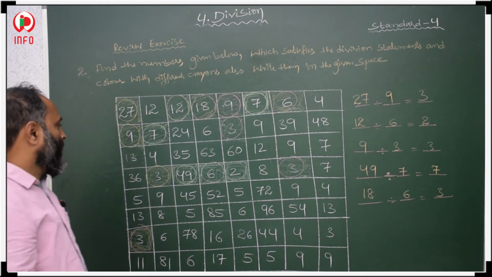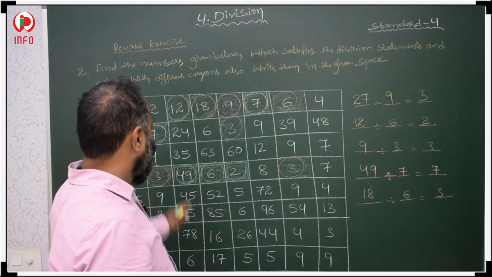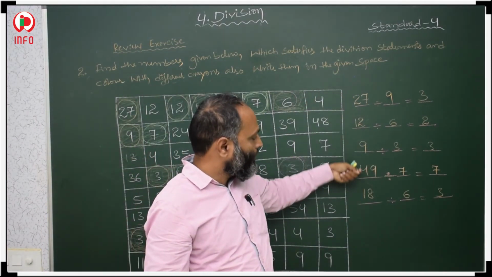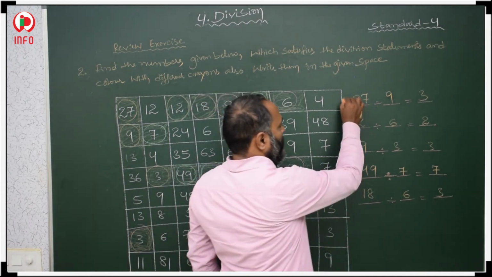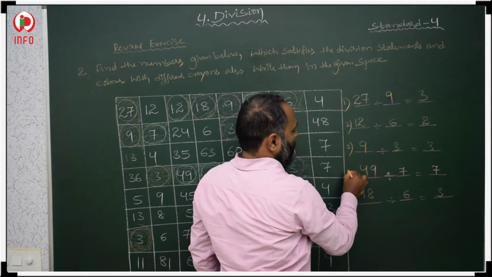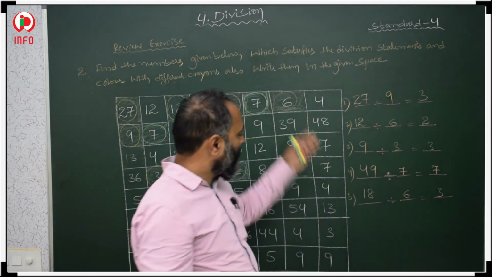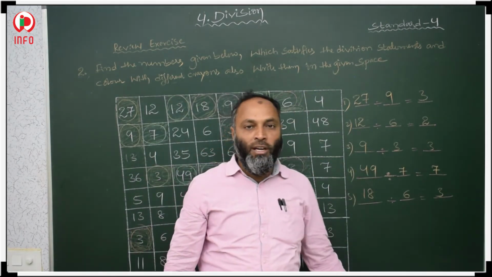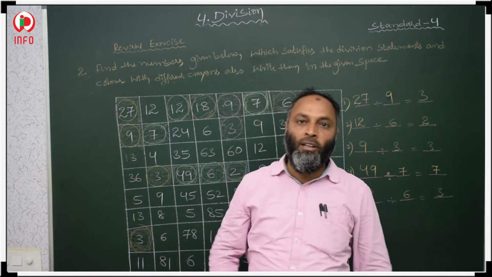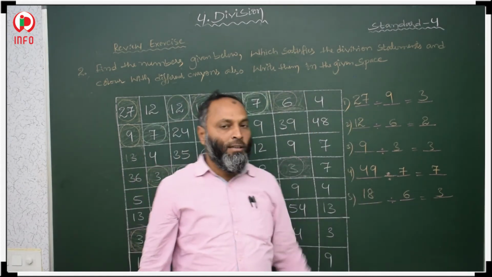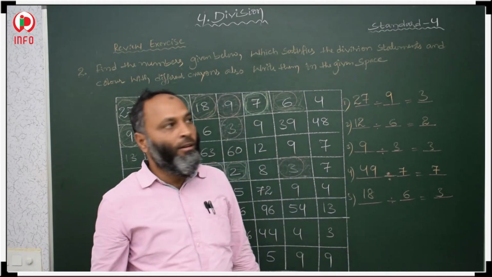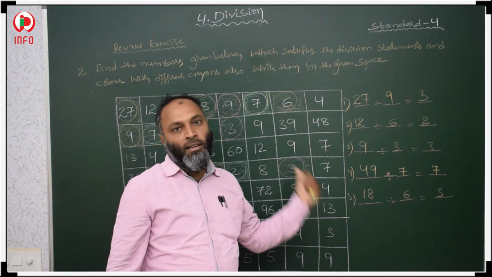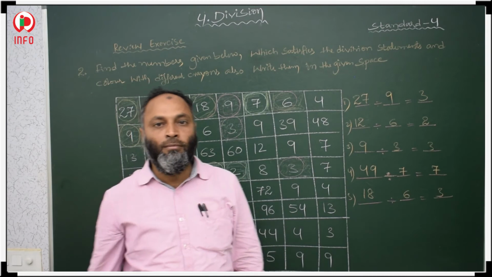Next. Again here, other numbers also you have to think and prepare some more statements. Here we prepared 1, 2, 3, 4, 5 statements. So this is the first statement, this is second, this is third, this is fourth, this is fifth. Whatever possibilities are there, all possible statements you have to write and color with different crayons, according to the division rule. From these you select your numbers and color with the different crayons. Okay.